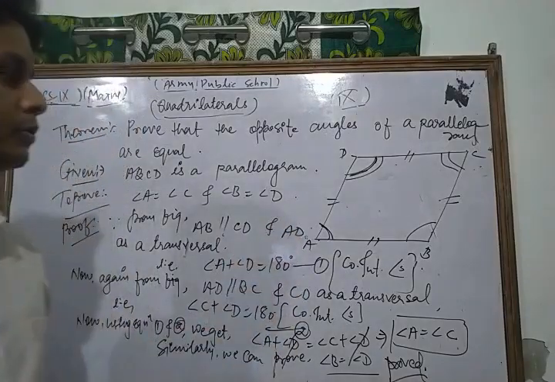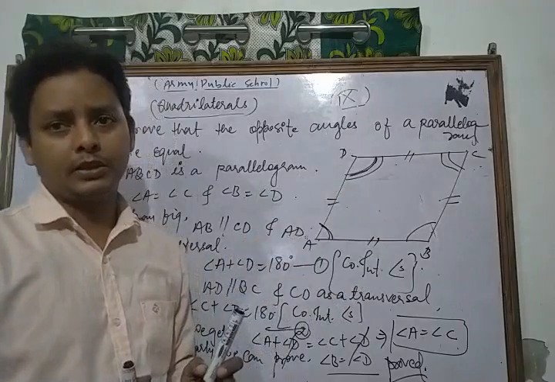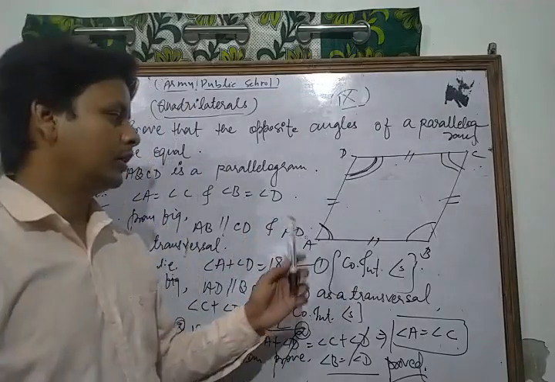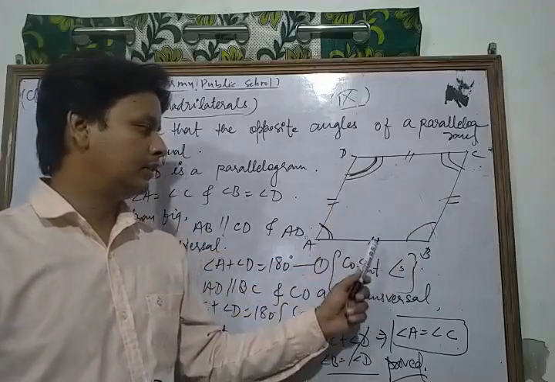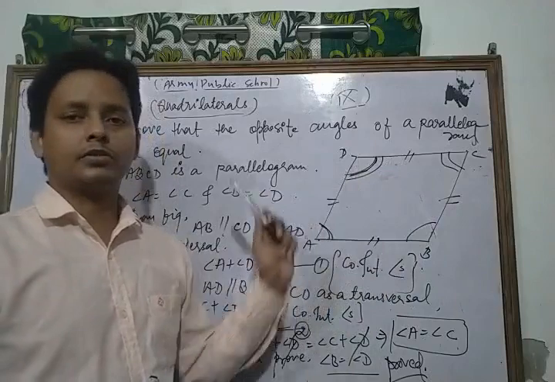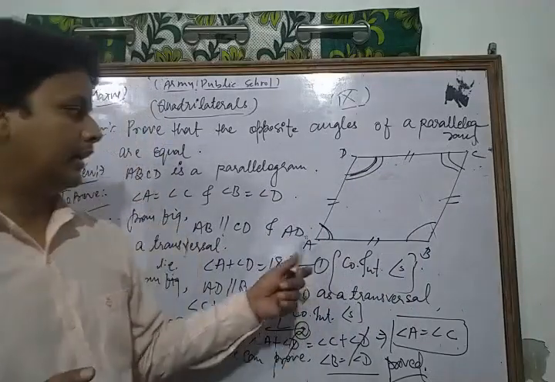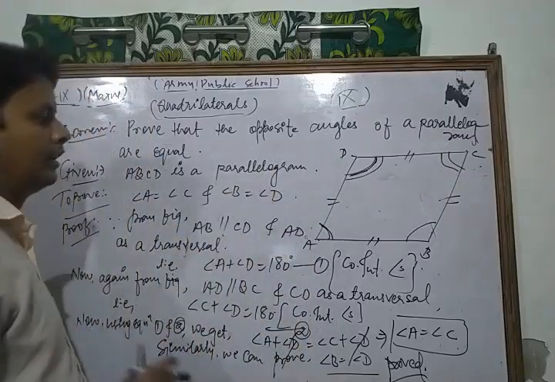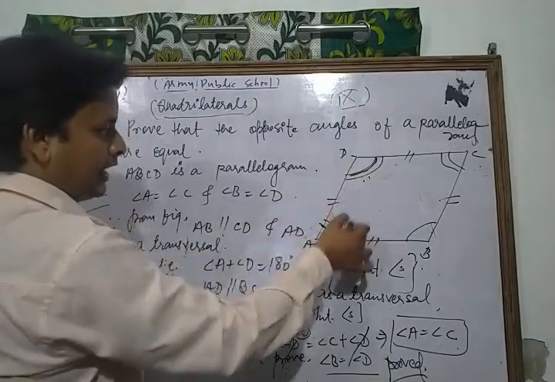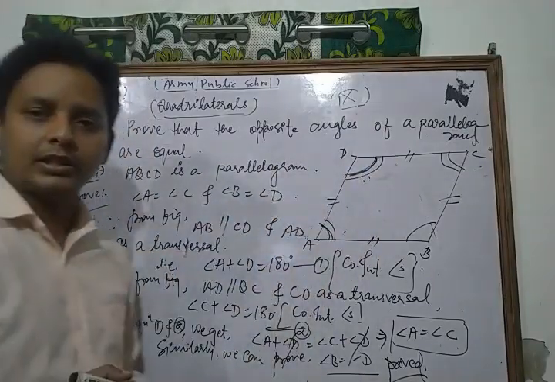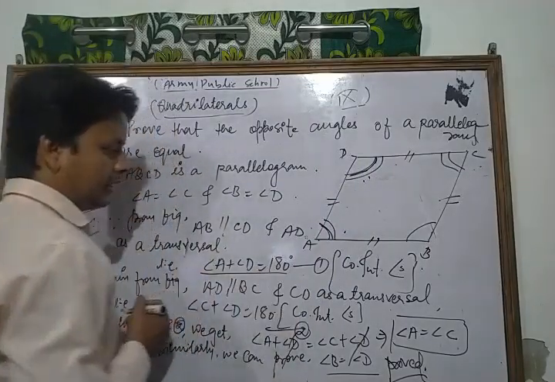Okay, now we take one more time and discuss. We have to show that the opposite angles of a parallelogram are equal. First of all, ABCD is a parallelogram and we take AB parallel to CD and AD as a transversal, because the opposite sides of a parallelogram are parallel to each other. Then angle A and angle D form co-interior angles, and co-interior angles are supplementary to each other. You know that very well. So by that concept we can write angle A plus angle D is 180.